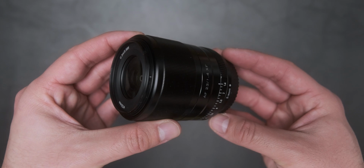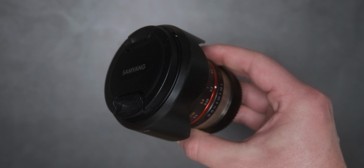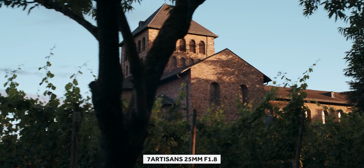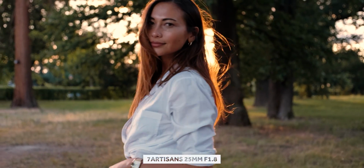Brands like Viltrox, 7Artisans, TTArtisans and Samyang do a great job when it comes to low-budget but good working lenses. For example, the Viltrox lenses, which are mostly just half the price, sometimes also got better autofocus than their native Fujifilm competitor. I already tested a few of these third-party lenses and got some videos on the channel if you want to